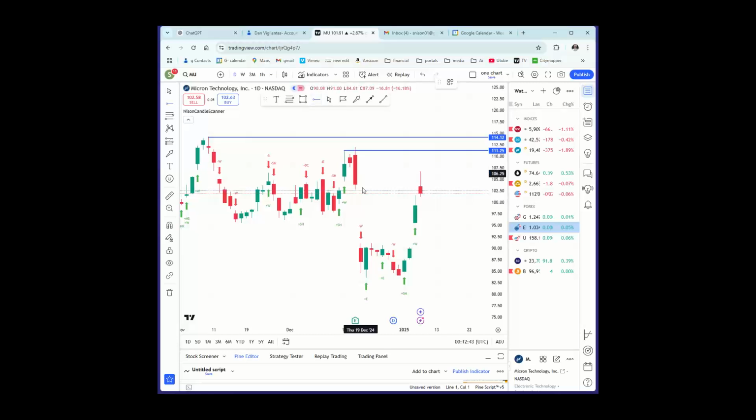Now, normally a falling window, the top of the falling window is resistance. It got above it, but didn't close above it. I really like to see a close above it to confirm the window's resistance area. But nonetheless, on a closing basis, it would be the window, maybe around 102.5. But really on an intraday basis, it would be over here. And right over here, we have a couple of things going on.